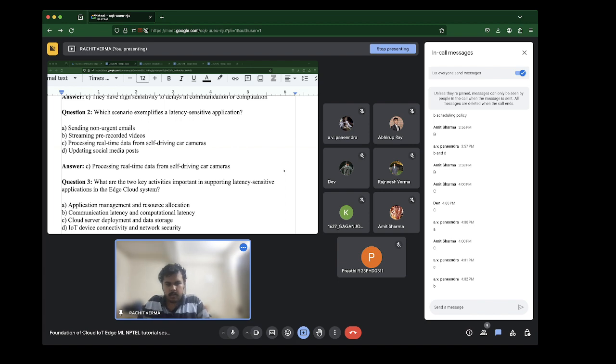A.V. Panindra has said B. Dev has also said B. Amit Sharma has also said B. Okay, so everyone is concurring at B.